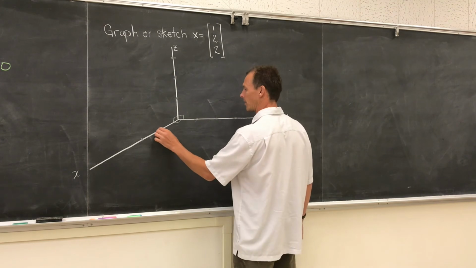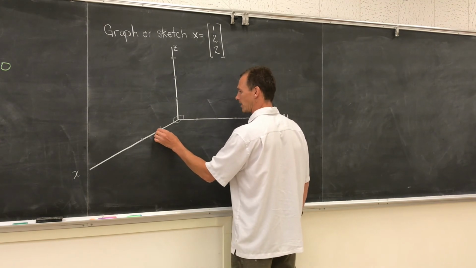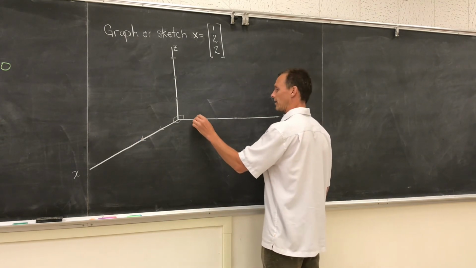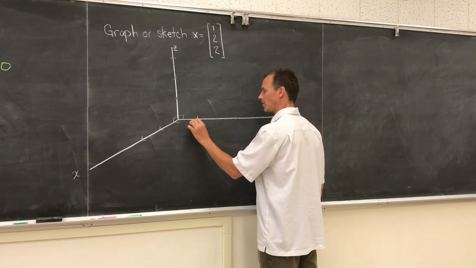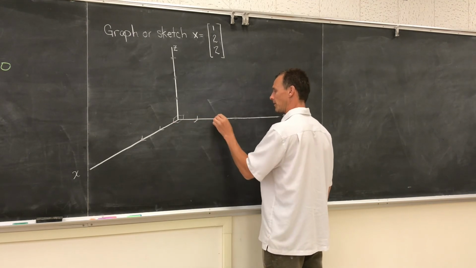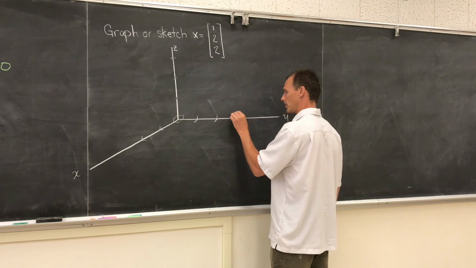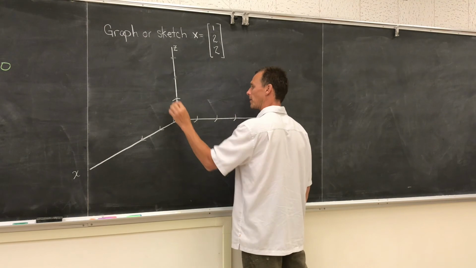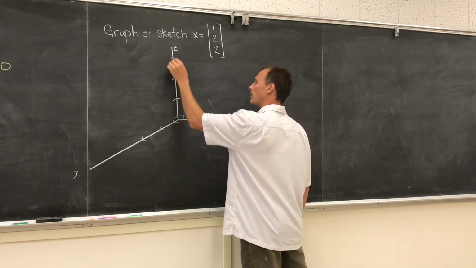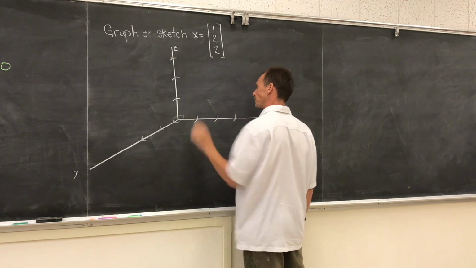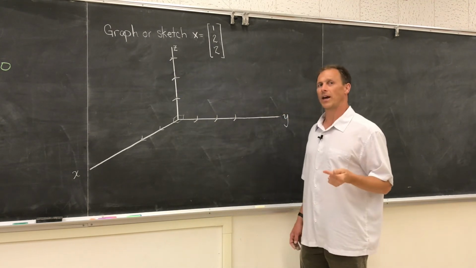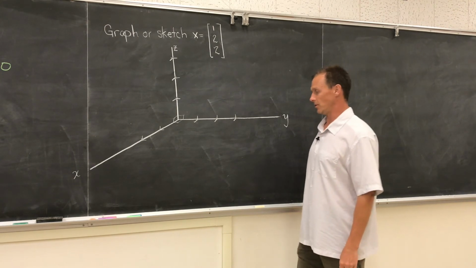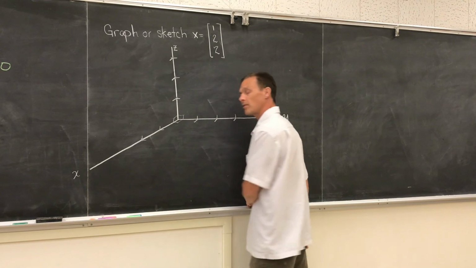I'm going to put my tick marks. My tick marks on the x-axis might look like that. My tick marks on the y-axis would probably really be something like this, where these lines are parallel. And my tick marks on the z-axis might look like this. So you'll be able to expedite this process with practice, but let's just go back to the most simple way of doing this. And it starts with the first